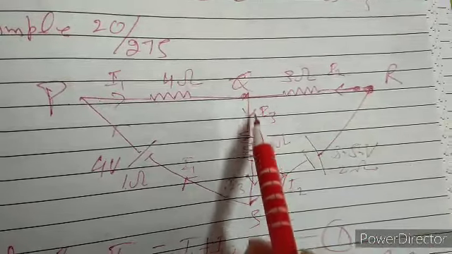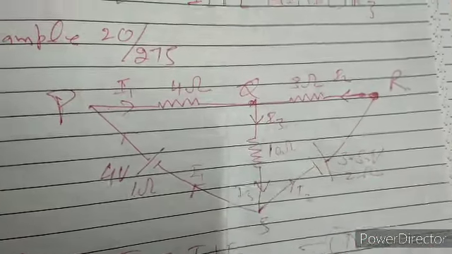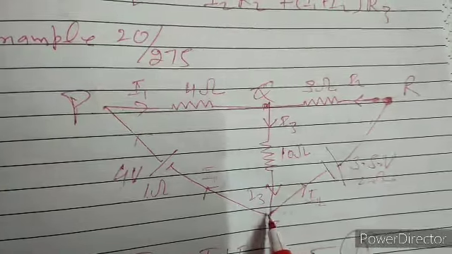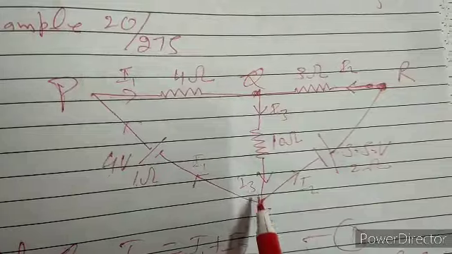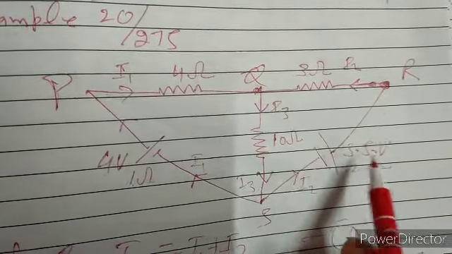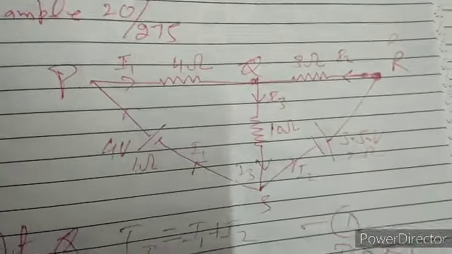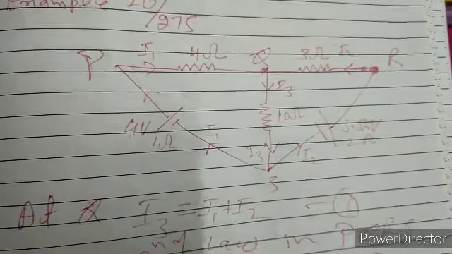I1 plus I2 will go through this way. This is I3. Then I3 will reach here, meaning I1 plus I2. I1 will go to the 4 volt battery and I2 will go to the 3.5 volt battery, and the circuit is complete. Now we have to find out I1, I2 and I3. This is the numerical problem.